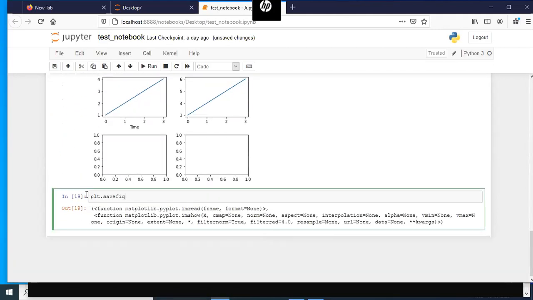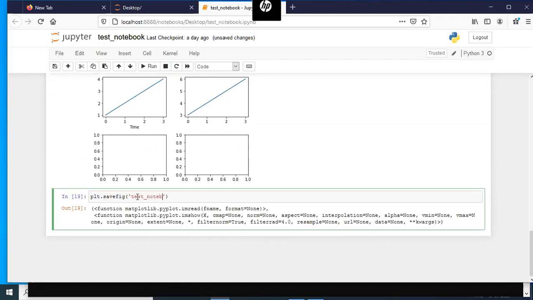So plt.savefig is the function to save a figure. It will save whatever figure has been currently generated, and the first argument is the file name that you want to save it in.